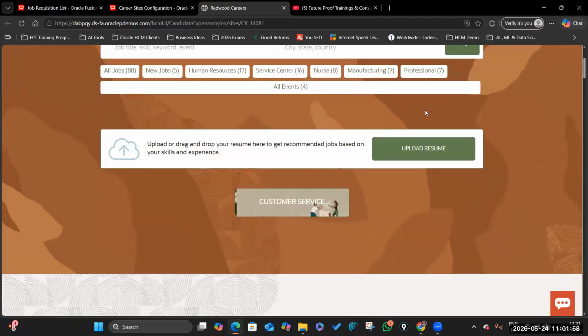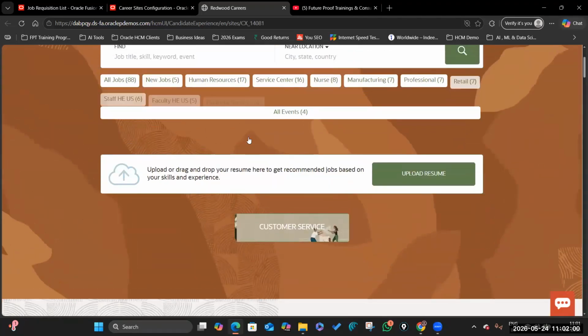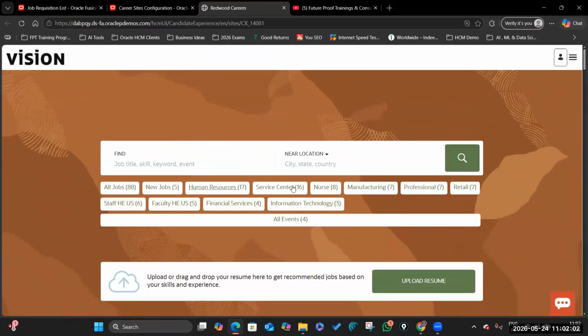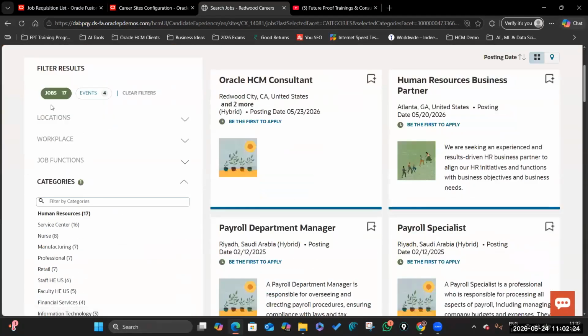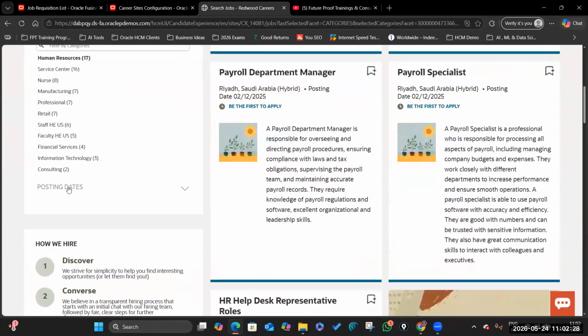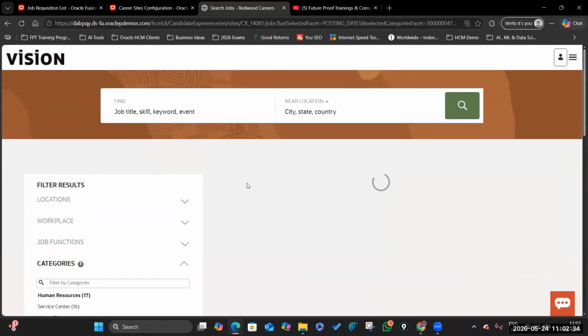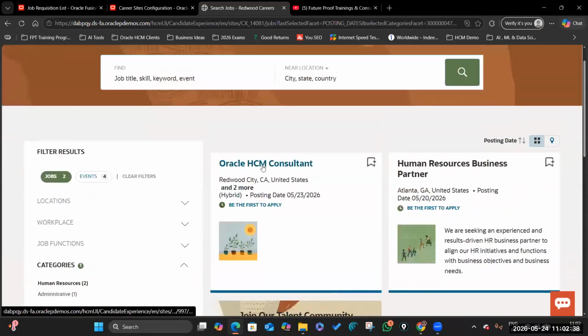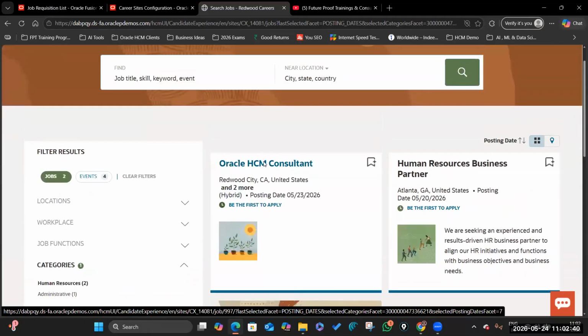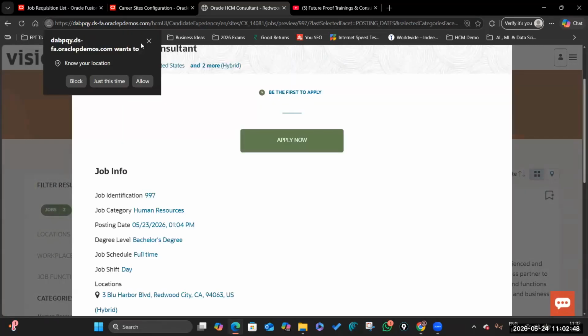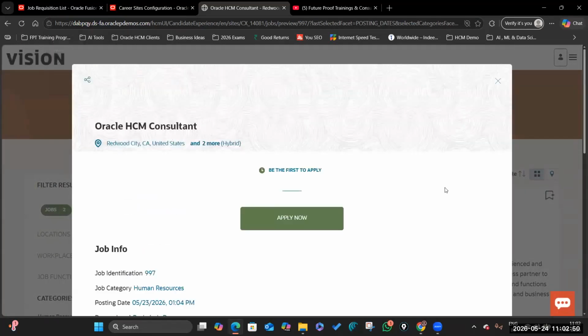Either it's a new job or the last 7 days. We can search with the last 7 days. If you select the categories or any other thing, posting dates and all, we can search. So if we select the last 7 days, our job will definitely be there. So this is the job. If we click on this particular one, we are unable to see any kind of job description